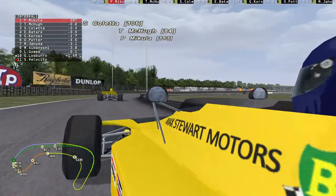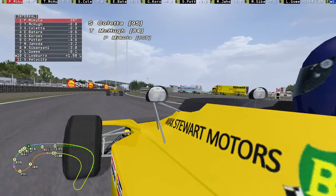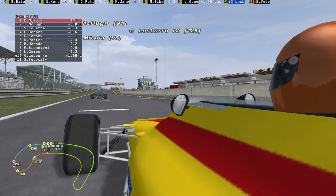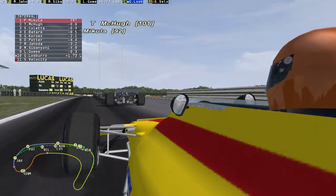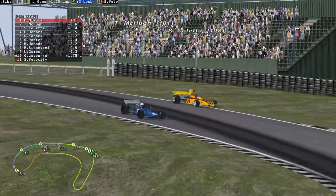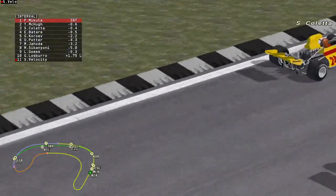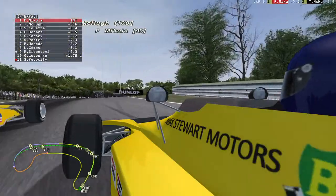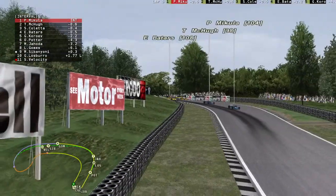And yeah, just look at that. As Coletta looks to almost go, trying to have a look around Thomas McHugh. He's still way too far back, but he's just given a little cheeky look around the outside. As back into the uphill braking zone, he's braking late, and onto the grass almost goes Coletta. That could have sent him straight into a wall if he wasn't careful. That allows Eddie Spatard to dive down the inside of Druids. Almost contact there between the two, but it keeps...